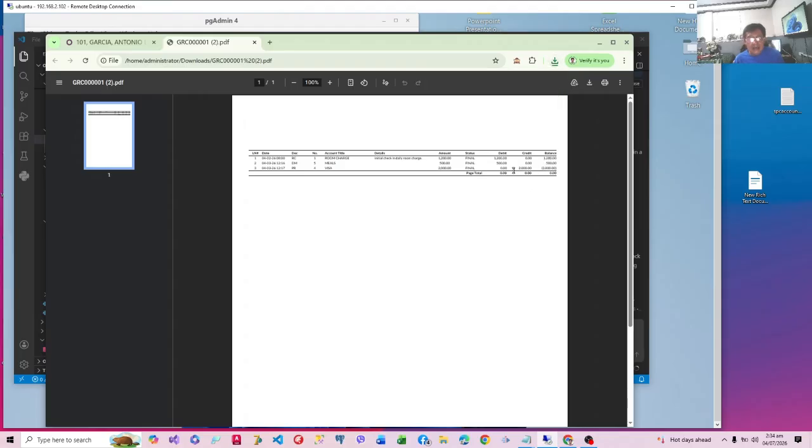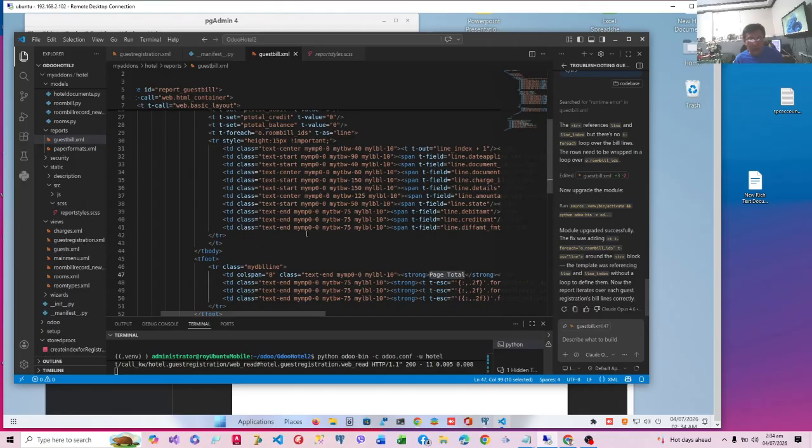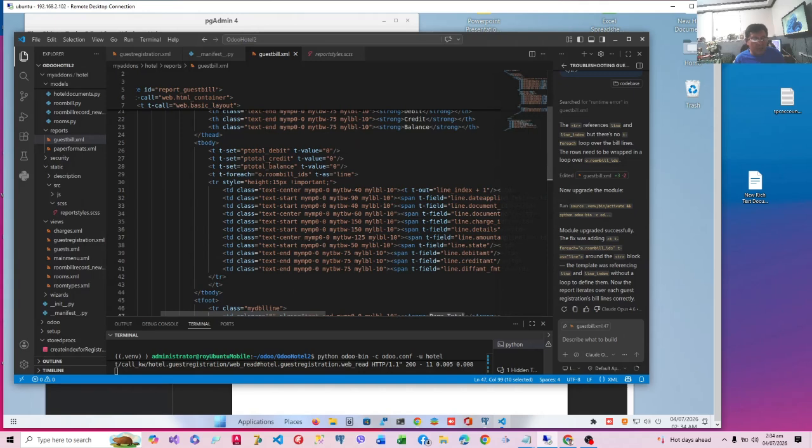Now we haven't computed, so let's introduce the formula that we need to use to compute the total of the 3 columns. Where do we put the total? Initially we have set them here. Now we are going to compute the total inside the foreach loop, particularly before the TR, or you can also put it after the TR. So after the foreach loop, let me just copy the 3 formulae.